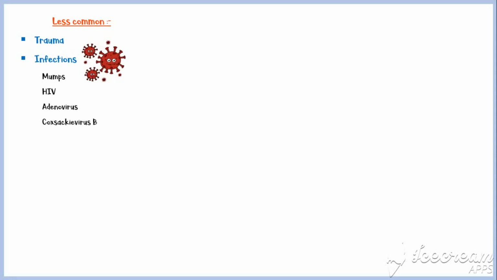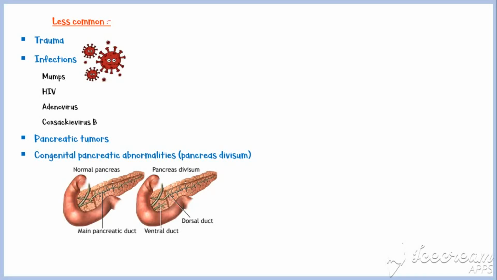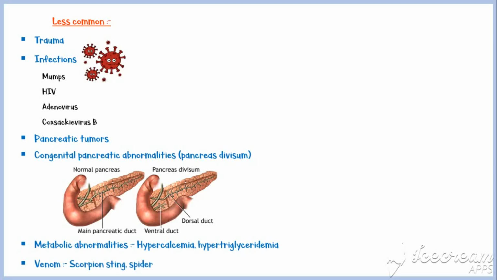Less common causes of acute pancreatitis include the following: trauma, infections with certain viruses, including mumps, HIV, adenovirus, and Coxsackie B virus, pancreatic tumors, congenital pancreatic abnormalities such as pancreas divisum, a condition that leads to formation of two main pancreatic ducts, metabolic abnormalities like hypercalcemia and hypertriglyceridemia, certain types of venom like scorpion sting and spider venom, and certain drugs,